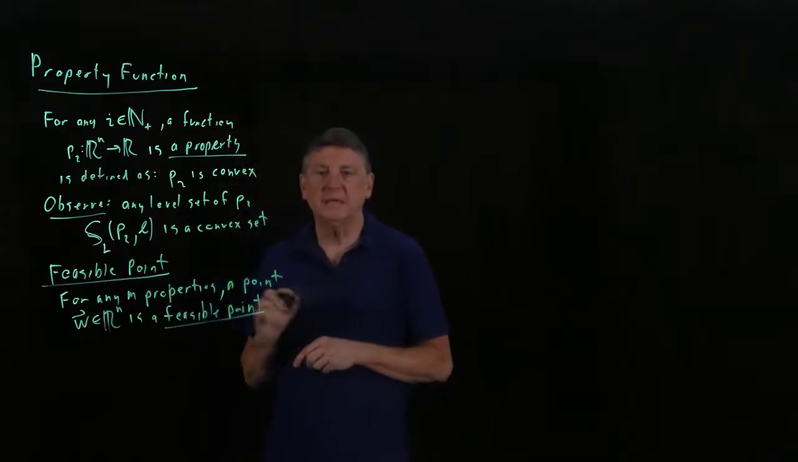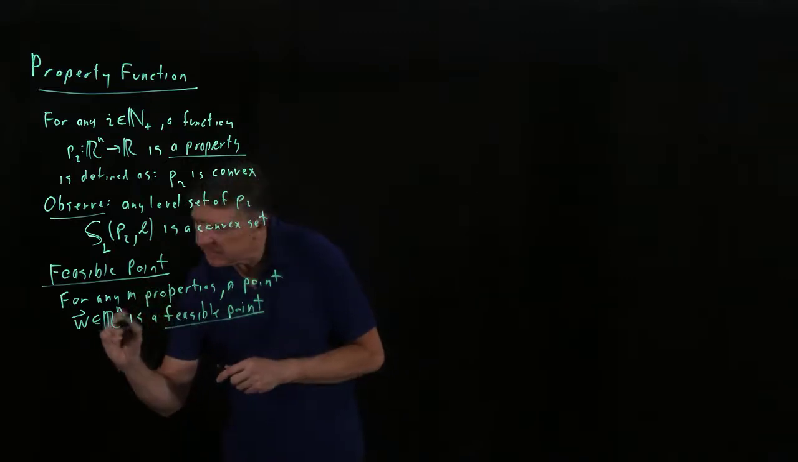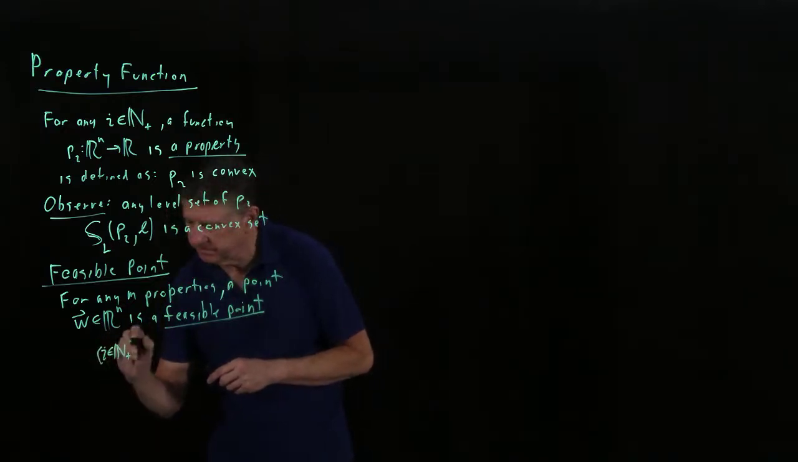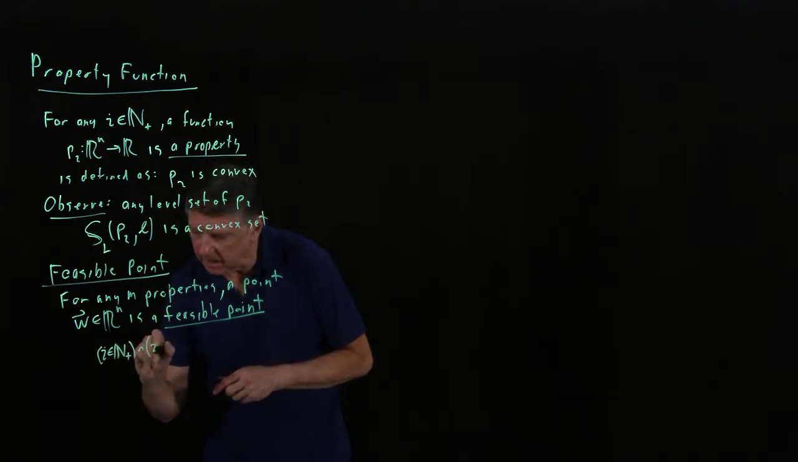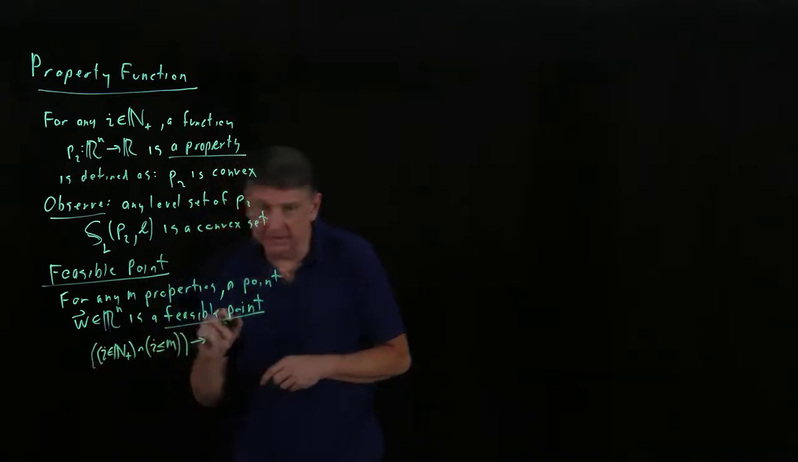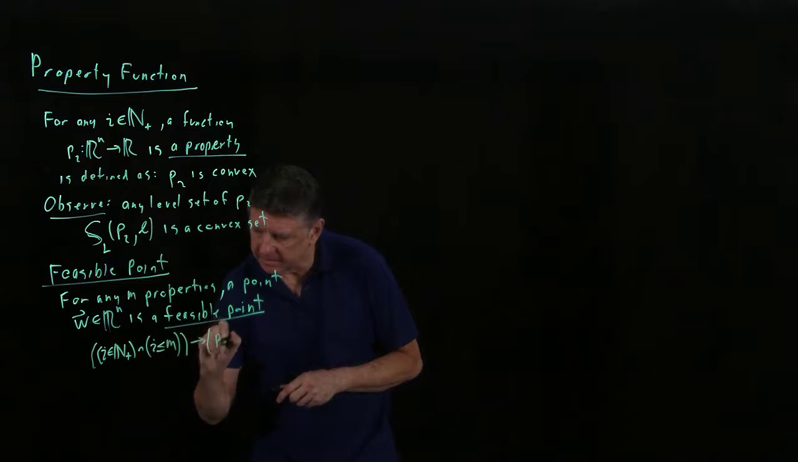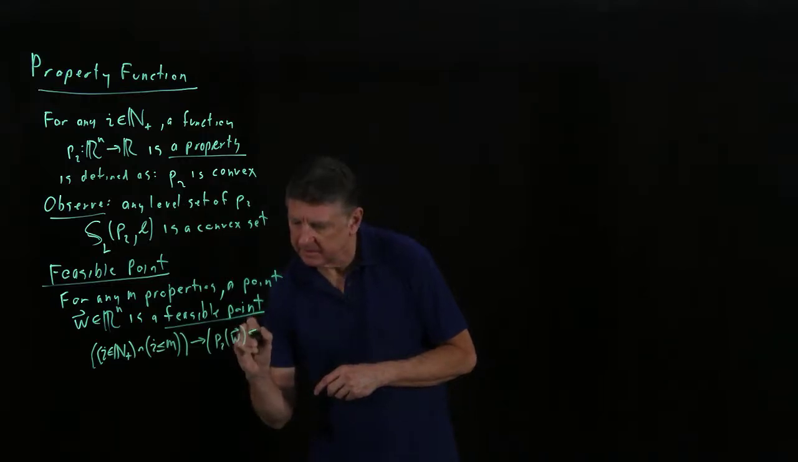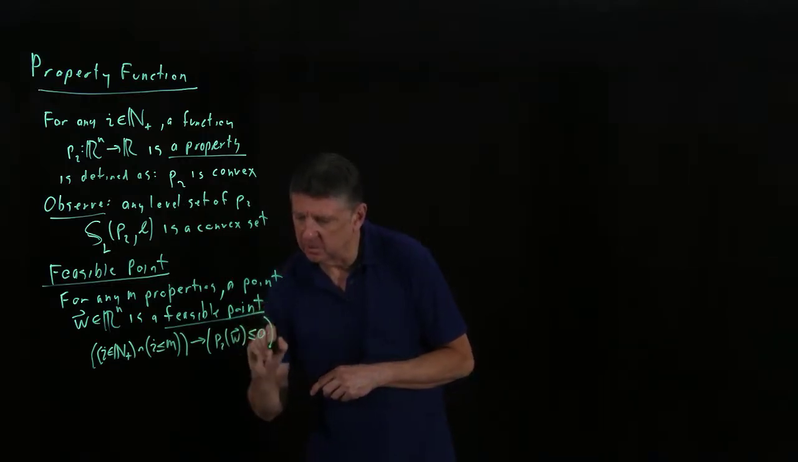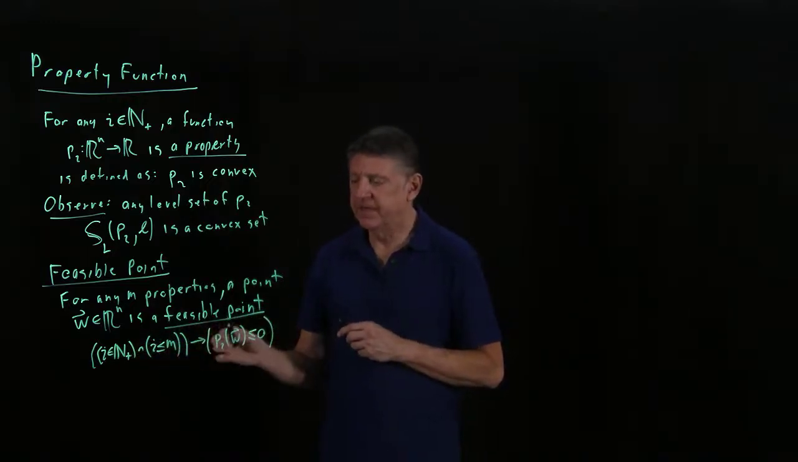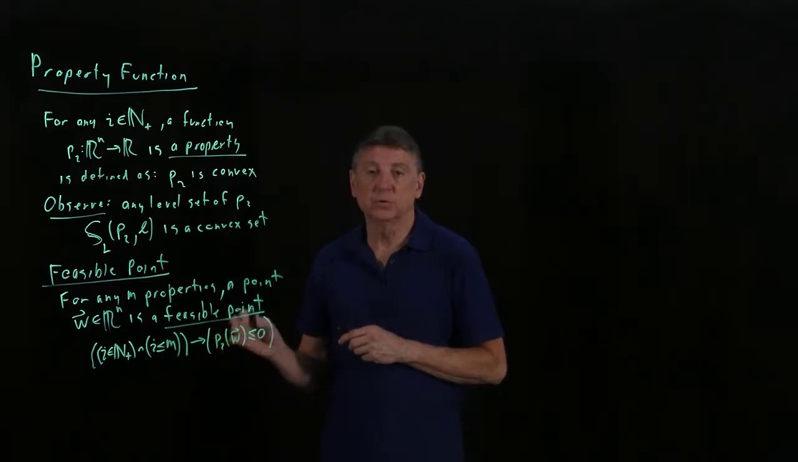Feasible point. What we mean is that if I is a positive whole number and I is less than or equal to M, so those are some simple conditions, then the ith property of that vector is less than or equal to 0. So that says that if I is a legitimate index of a property, then that property holds for the point